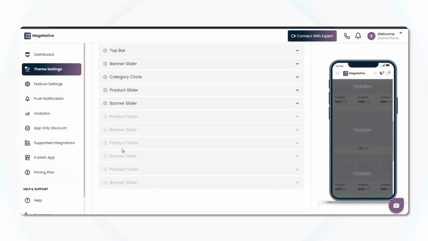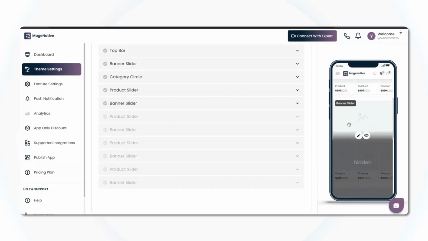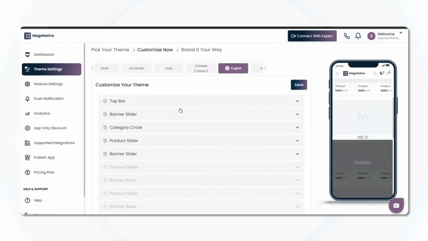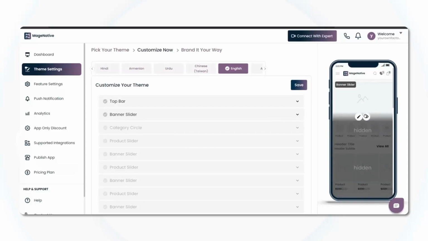And once you have finalized the count of components and the components that you want to keep in the mobile app, you will be getting all the settings to customize those components. So let's hide the components and proceed with only a few. For now I am going only with the top bar, and based on your choices you can decide all the components. You can enable the components as per your needs, and you can proceed to customize those particular components